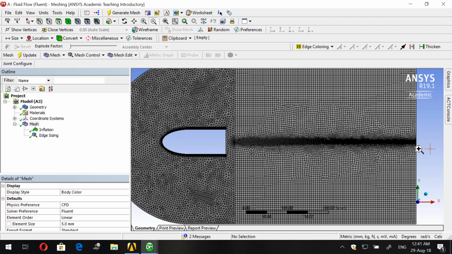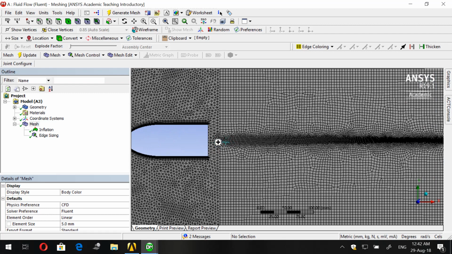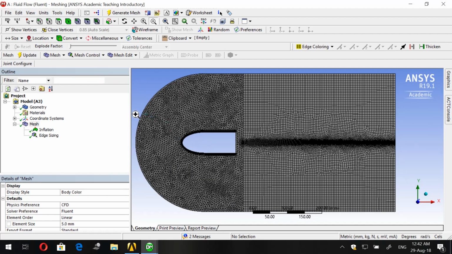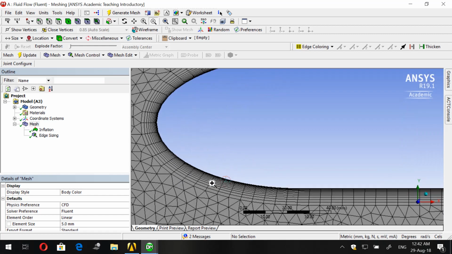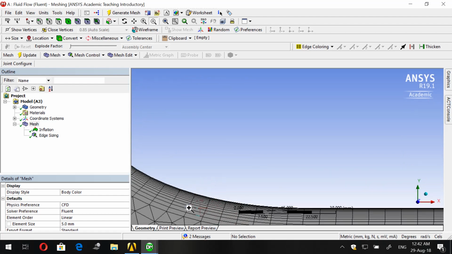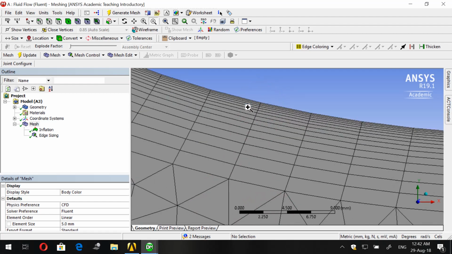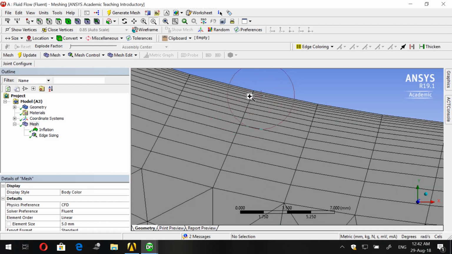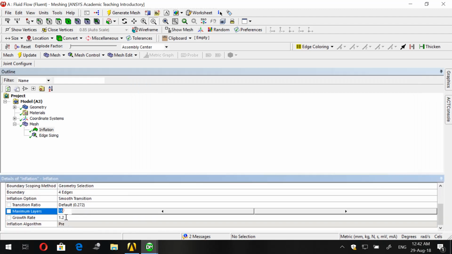We can focus here on our results. We could also do division for this line by adding sizing also, but it's not necessary. If you like, you can do it. And here you can see the layers with the 1.2 growth layer, which means that the next layer is 20% more than the first layer. You can see how increasing they are. You can choose one, sometimes I choose,